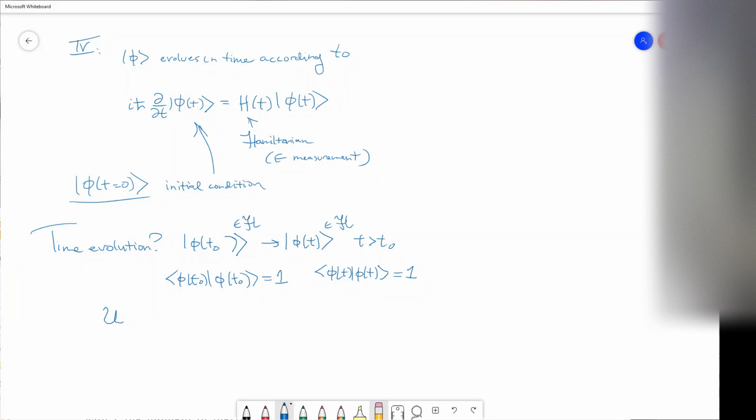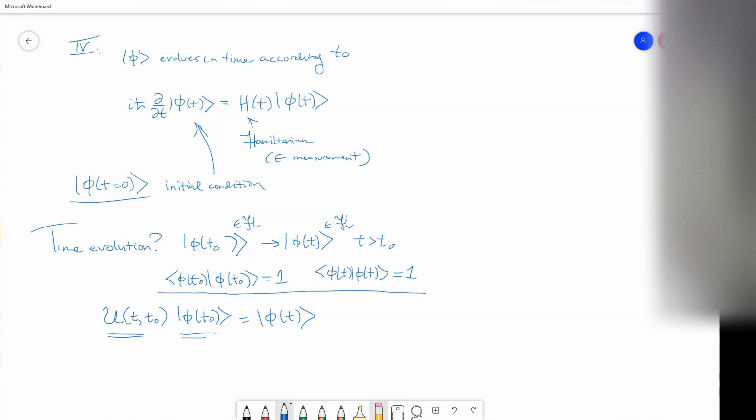So you would expect quite generally that time evolution is you take any initial state and act on it with some operator that might depend on the different times. That gives you back your evolved state. So that's what time evolution should do, but it has to have this condition,